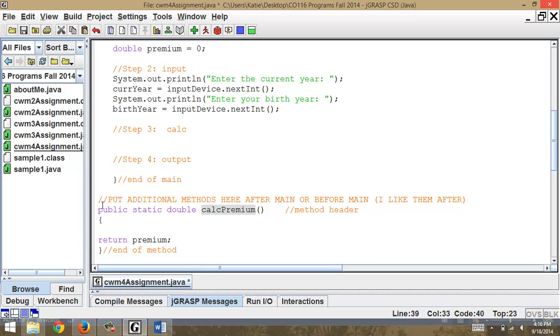There are rules for naming methods. Be sure to read that. The rules for naming methods are pretty much the same as the rules for naming variables. Name it something that it represents. No spaces. Can't start with a number or special character. Calc premium is a good method name. I know what this method is doing. And then